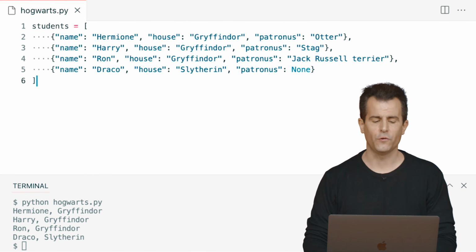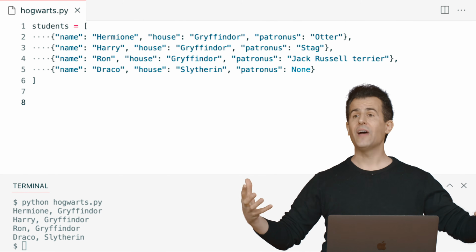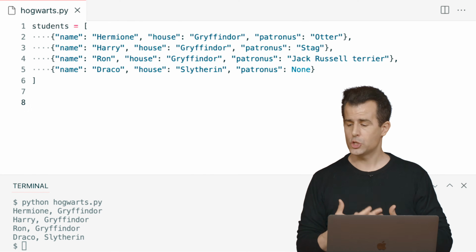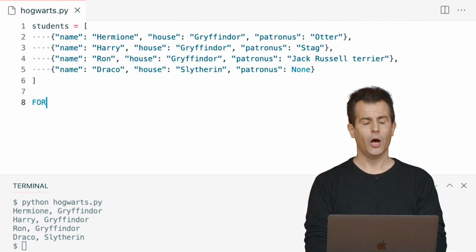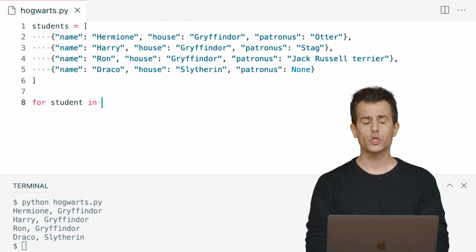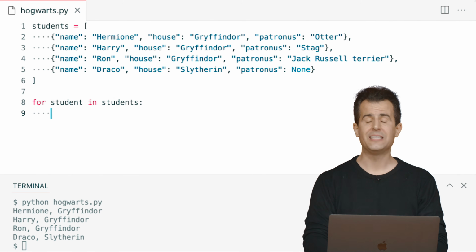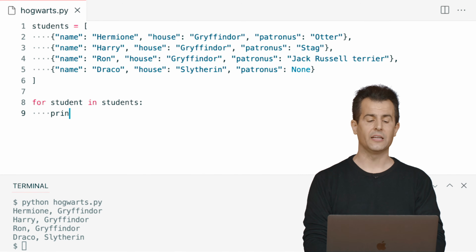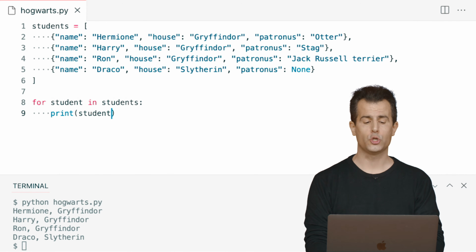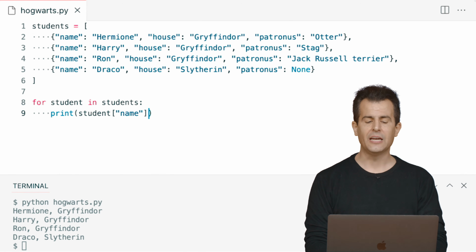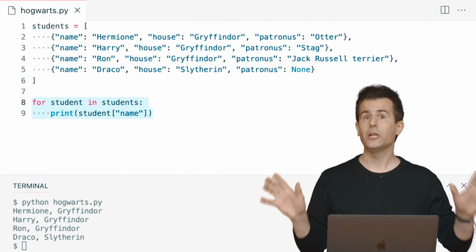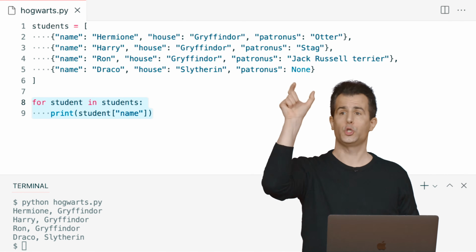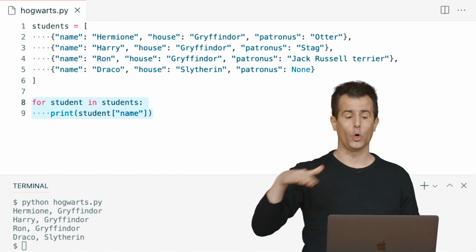So why is this useful at the end of the day? Now I have access to a whole collection of interesting data about all of these students. And I can still do a loop. I can say for student in students, that's going to allow me to iterate over this list of students. And let me go ahead and print out just one thing at a time. Let me print out the current student's name. So as complicated as the dictionary is, this should be pretty comfortable. For student in students is just going to iterate over every student in the list. 1, 2, 3, 4 total.